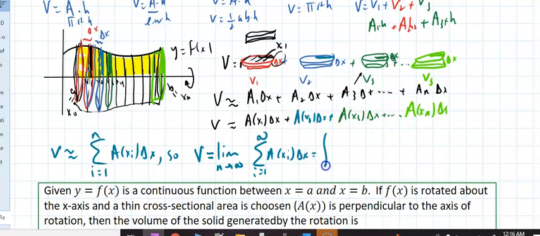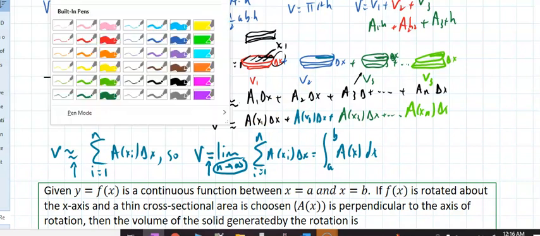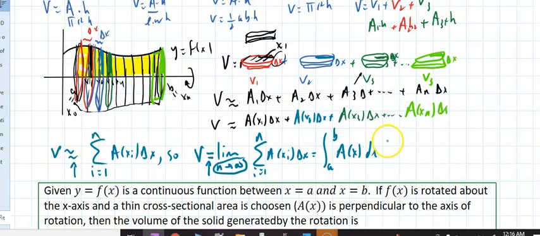And that would be the integral from a to b of the area of x delta x. And notice that approximation becomes equal if you fit an infinite amount of subintervals there. Well, also, instead of doing all of that, I could have said, well, look, isn't the area of this